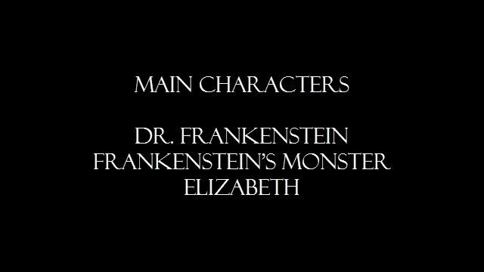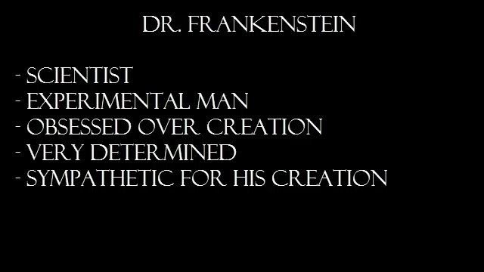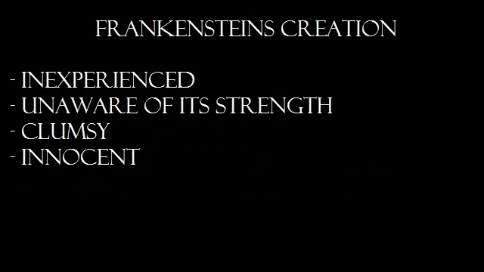There are multiple main characters in the movie Frankenstein. The three I'll be discussing are Frankenstein, his creation, and his fiancée, Elizabeth. Dr. Frankenstein is a slightly insane scientist with the goal to create life out of dead body parts. As he works towards his goal, he slowly starts becoming obsessed with it. His fiancée Elizabeth begins to worry about him as he spends all of his time on his creation. In this movie, Frankenstein breaks a societal norm and doesn't care what others think. He also begins to feel sympathetic for his creation, as it has feelings and emotions too. As it was born, everyone instantly hated it.